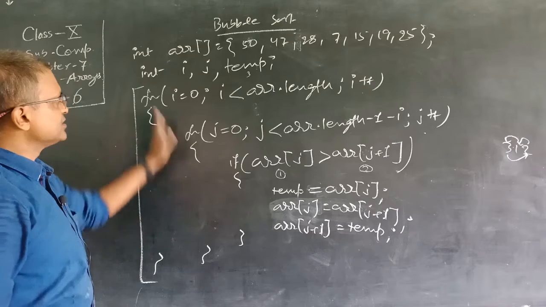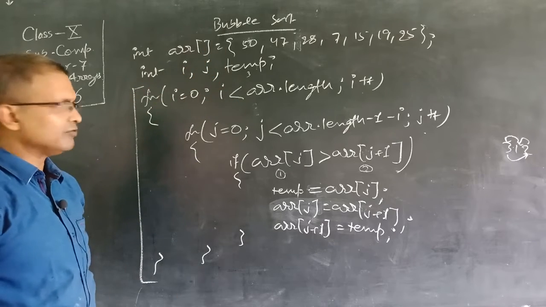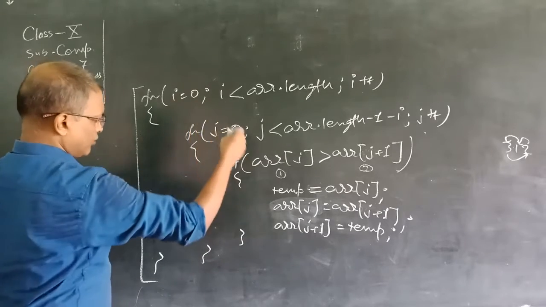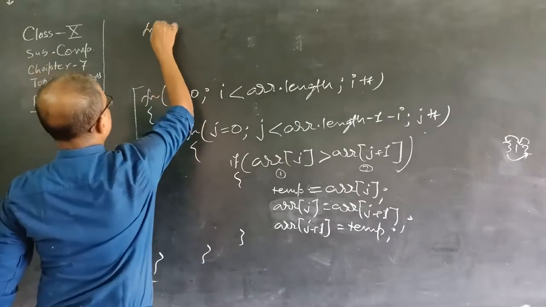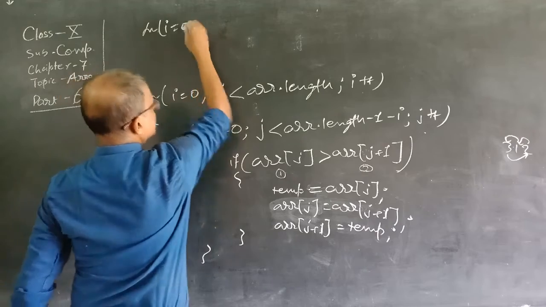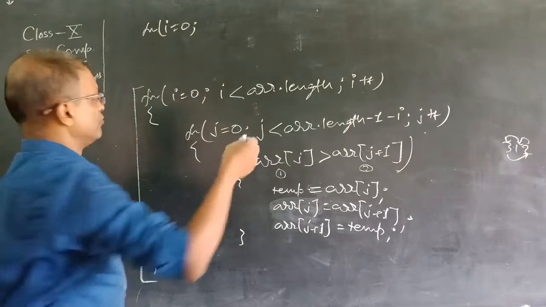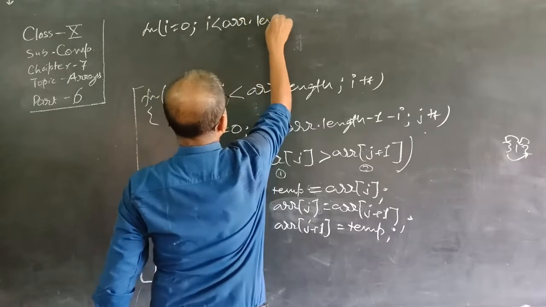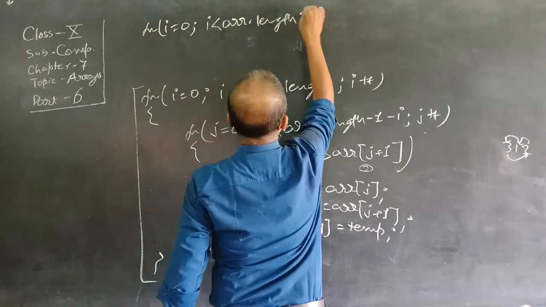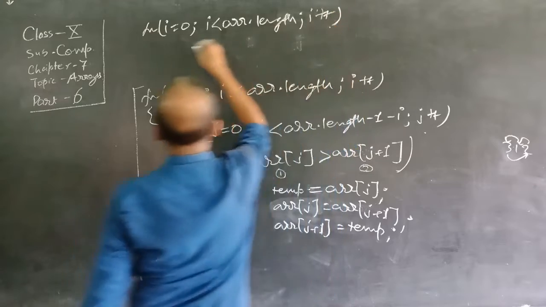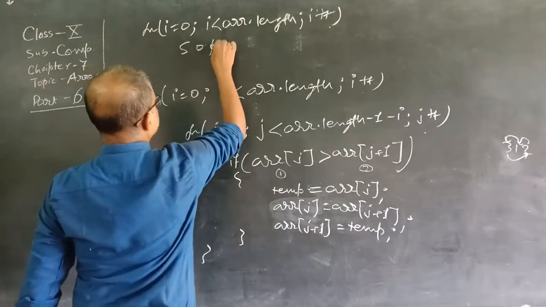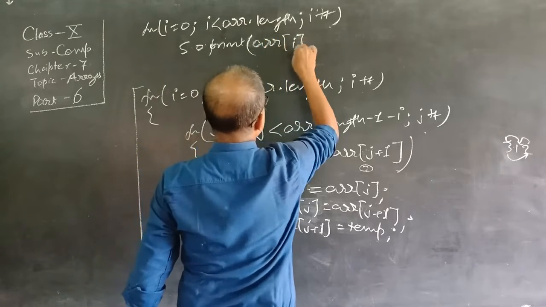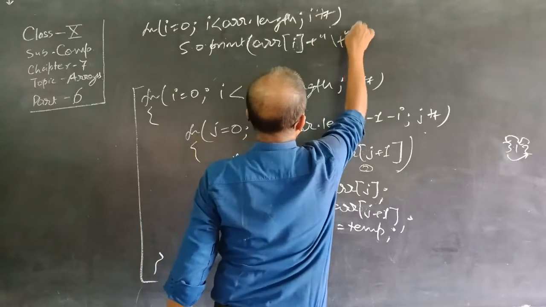To print the data, I am going to erase the upper part of this program. Okay, now I am going to print the data with for i equal to 0, and printing in an array is very simple, I think all of you know. i equal to 0, i less than arr.length and i++, System.out.print(arr[i] + "\t");